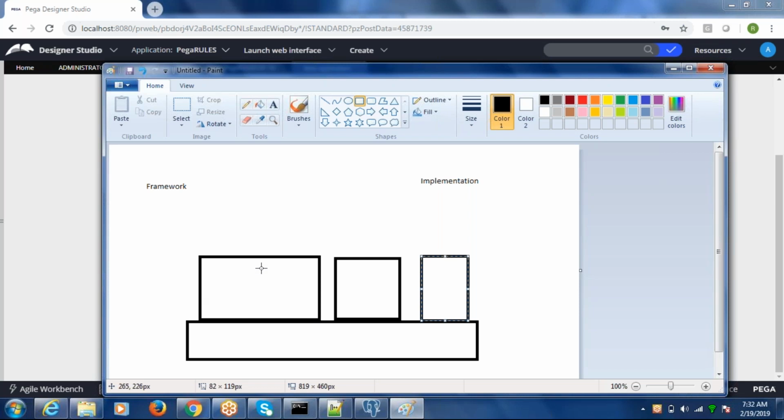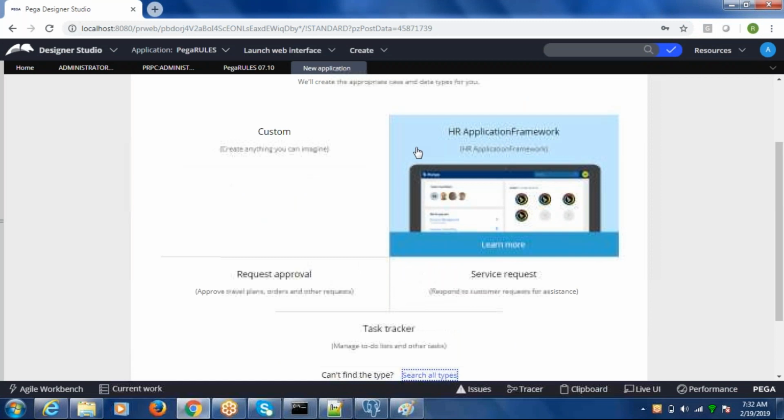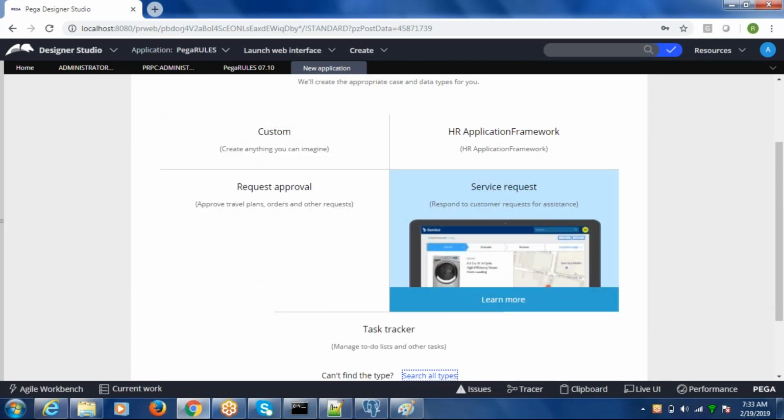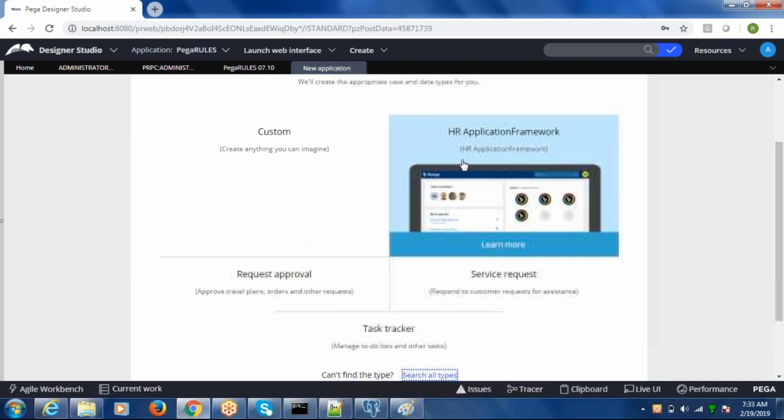All right. So if you go in the earlier versions like 7.3, you may see the other options available to you while you do the development. There is something called framework and implementation, and you need to select which one to go. But in 7.4, there is no difference for it. You have to create one framework application first, and then you have to use that, and again you need to follow this wizard once again.